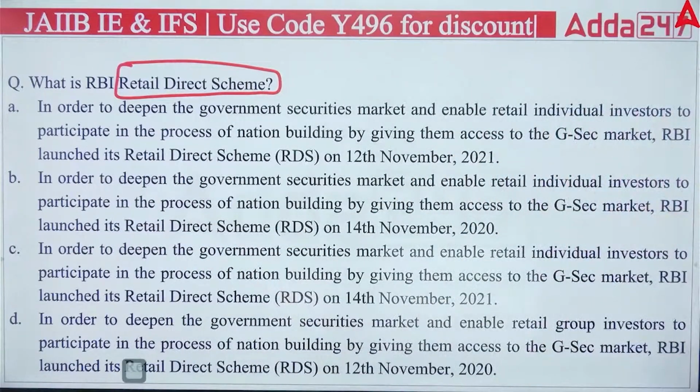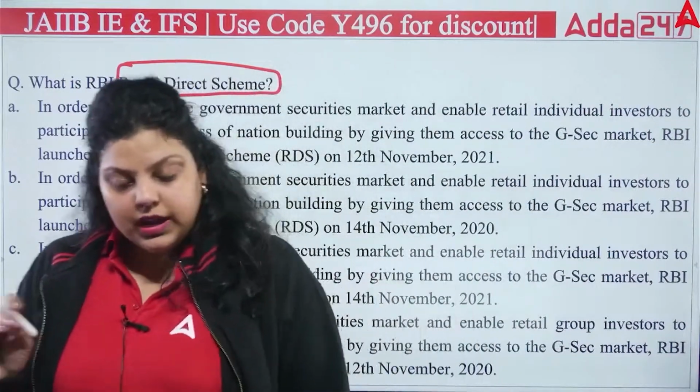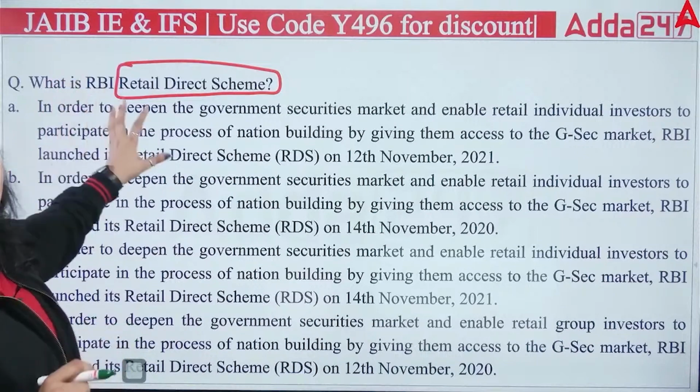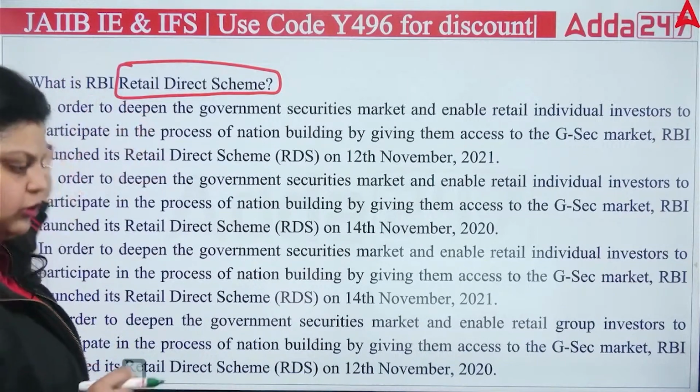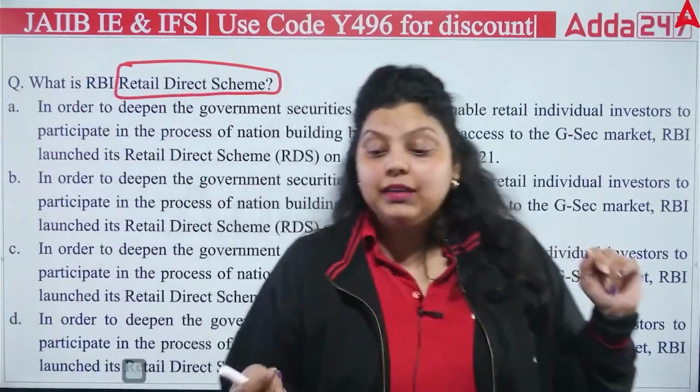So first is saying, in order to deepen the government security market and enable retail individual investors to participate in the process of nation building by giving them access to the government security market, RBI launched the retail direct scheme on 12th of November 2021. So I guess everything written here is correct. Everything written here is correct in this first option. So can we say that this is the right answer? Actually, this is the right answer,